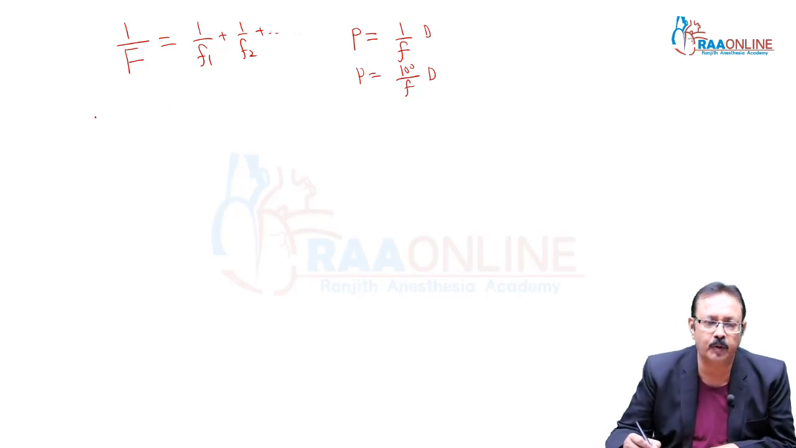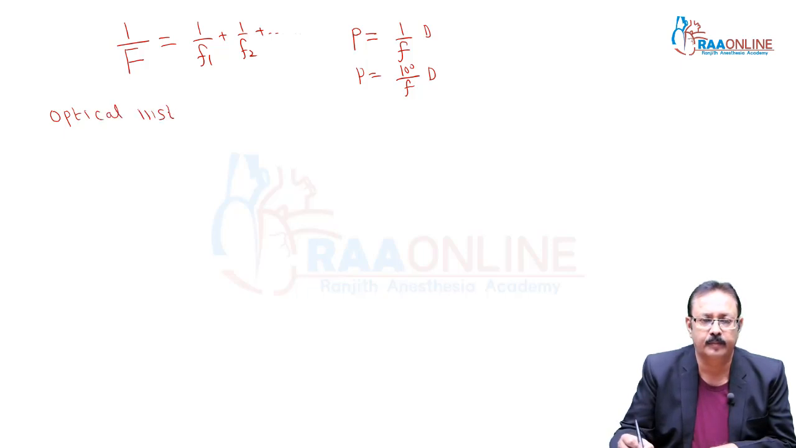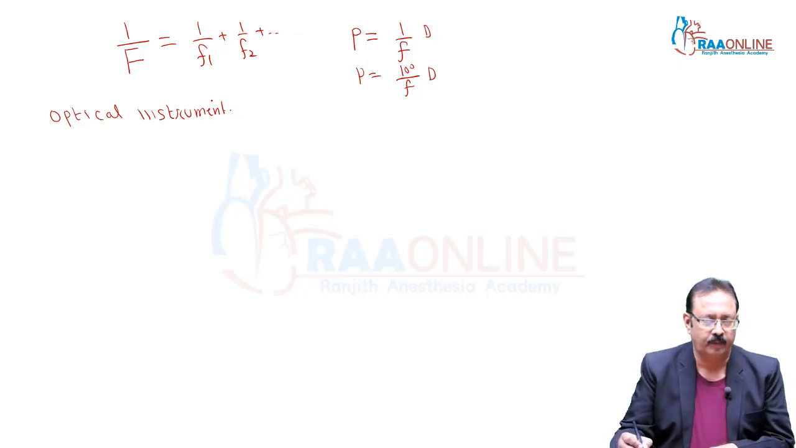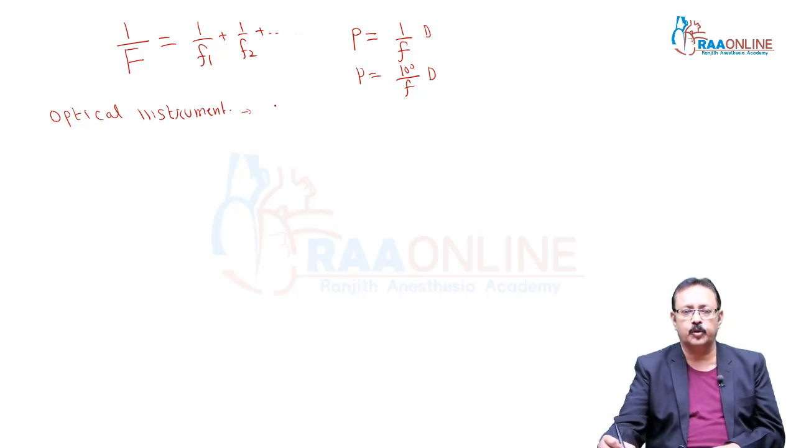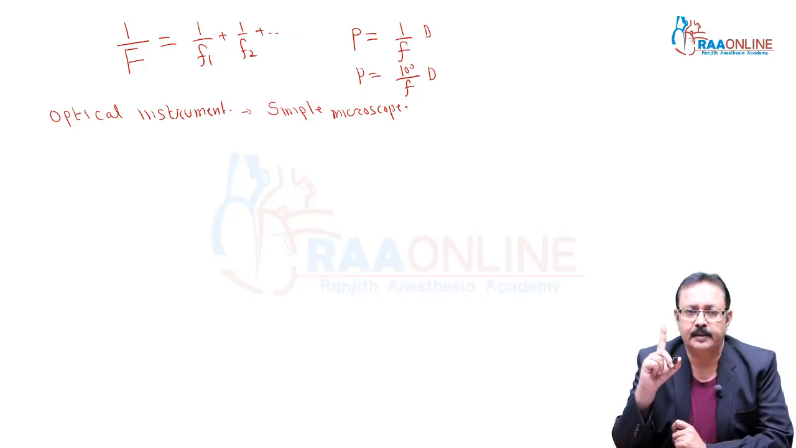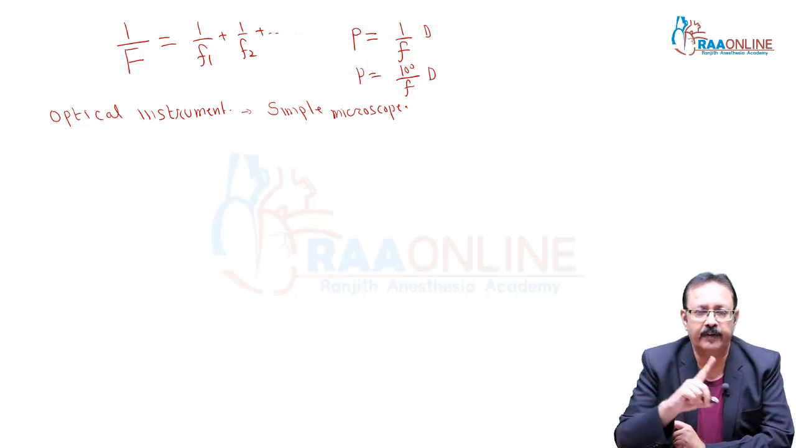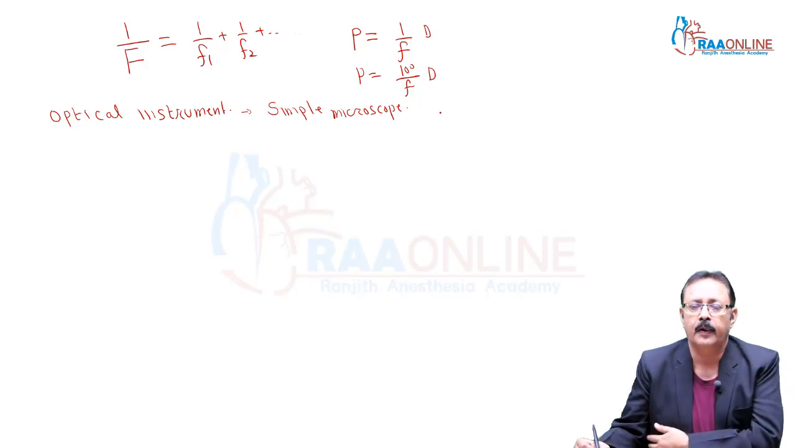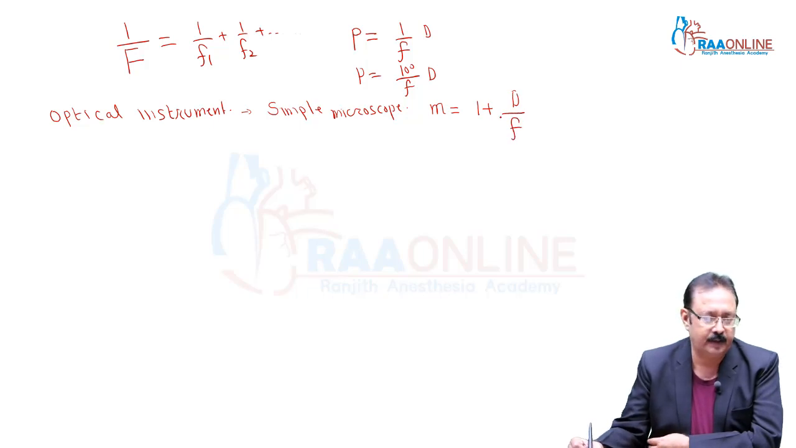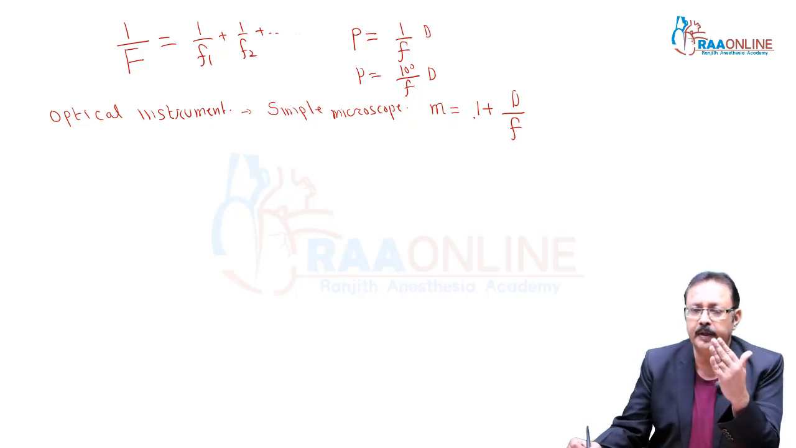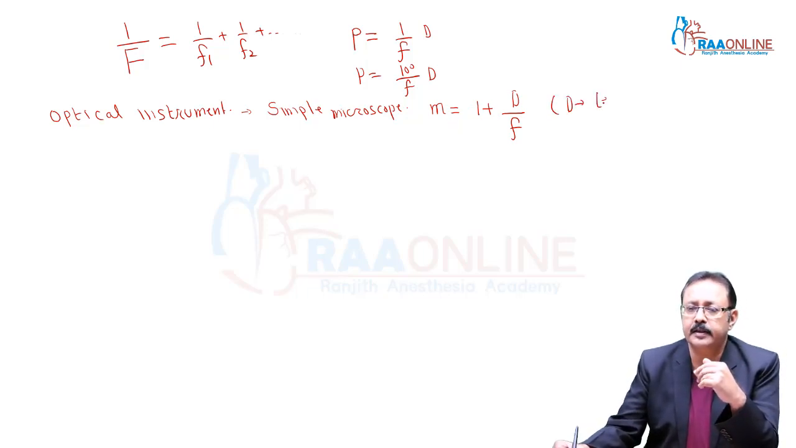So now we will discuss a little bit about optical instruments. First of all, there is the simple microscope. A single convex lens is used as a simple microscope. We have the derivation in 12th class and we also completed it in our theory part. So you know that the magnifying power of simple microscope is 1 plus d upon f. f is the focal length of the lens. 1 plus d upon f, if the final image is formed at d distance, meaning the least distance